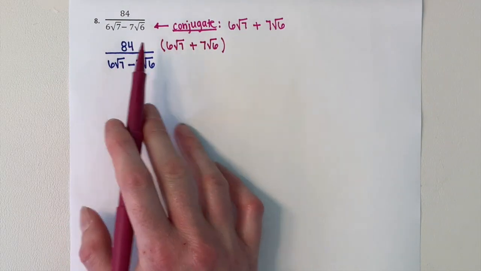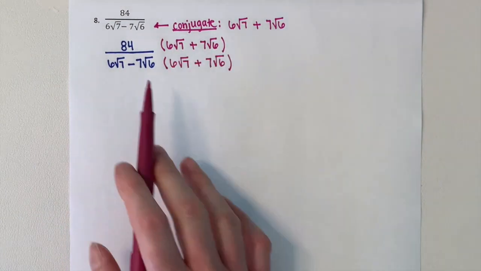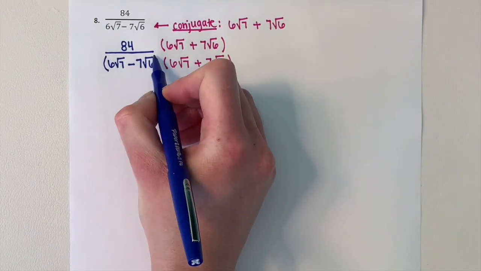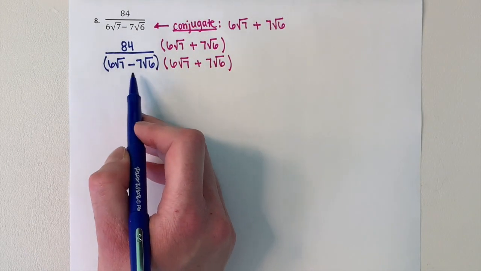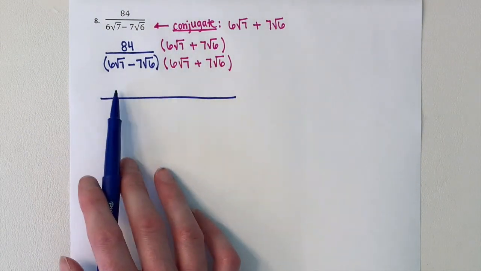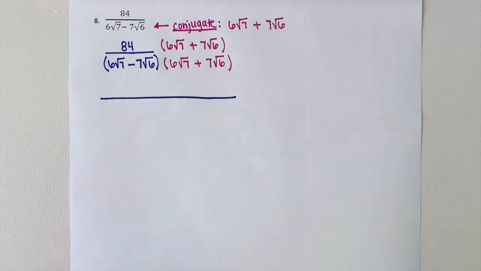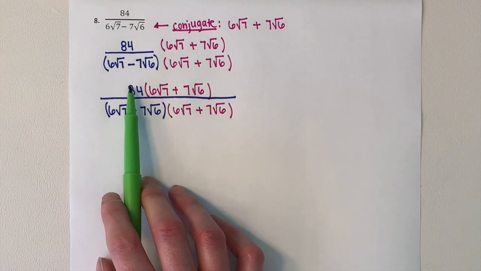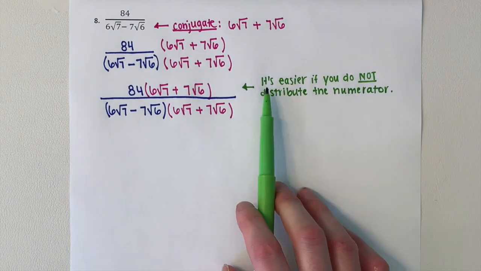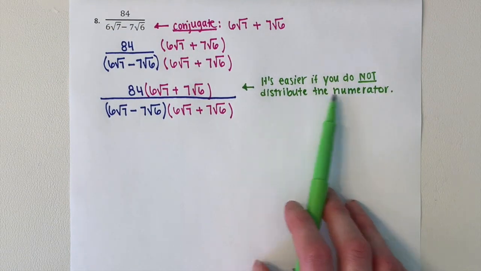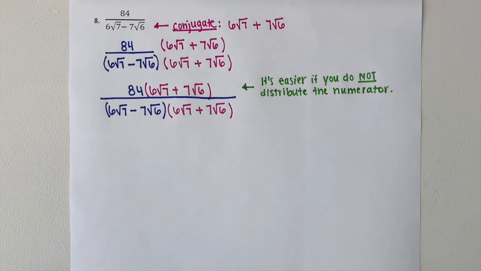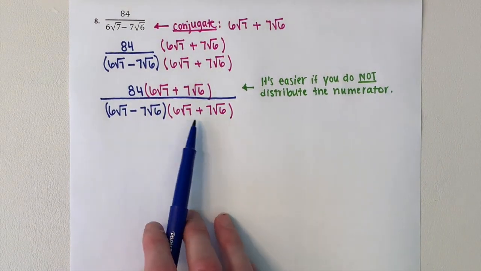So I've multiplied the numerator by the conjugate and the denominator by this conjugate. And we need to add parentheses around this denominator to make sure that we're multiplying the whole denominator by the conjugate. Now I'm going to rewrite the numerator in one line and the denominator in one line. Now, remember, you can distribute in the numerator if you'd like, but most find that it's easier if you do not distribute the numerator. So I'm going to leave the numerator exactly as is,